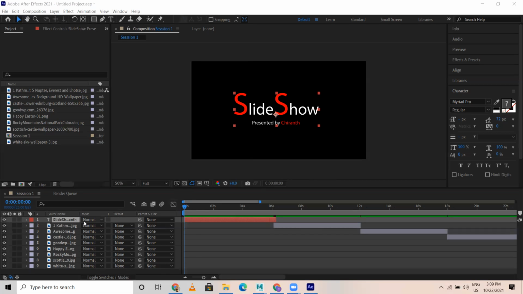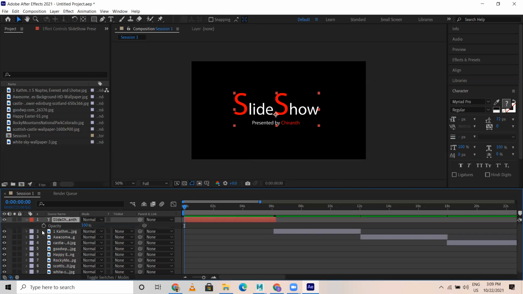Now I'll press T. I select this, I'll press T. If you see, you get something like a stopwatch here, right? There's an icon called stopwatch. This is a button for animation. Now 100% means what? 100% means you can see this in a full, like opaque, not transparency.